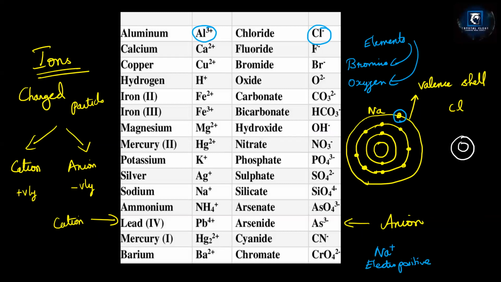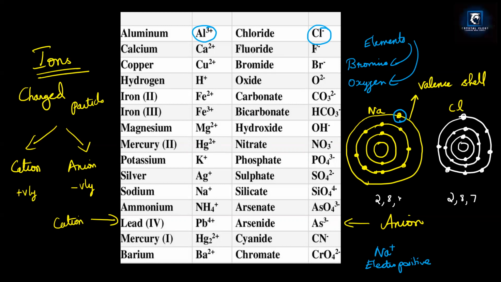That's what we are going to draw here. So how many shells? 3 shells. 1, 2, and 3. So 1, 2, 3, 4, 5, 6, 7 in the outermost shell. Okay, first shell only 2. After 2, it cannot be placed, so it goes to the next shell. 8. Next shell only 8 can be placed. Hope you know that. Okay, 1, 2, 3, 4, 5, 6, 7, 8. So let me write the electronic configuration 2, 8, 7. And 2, 8, 1. We call this the electronic configuration.